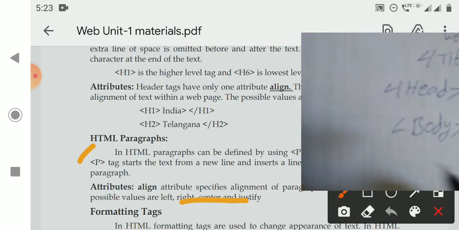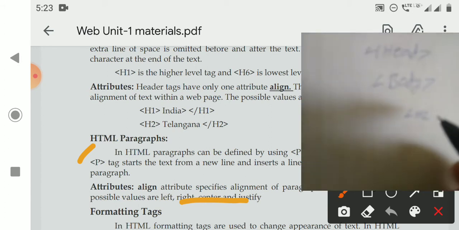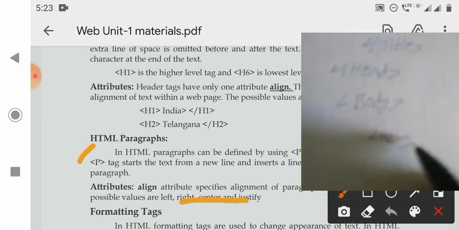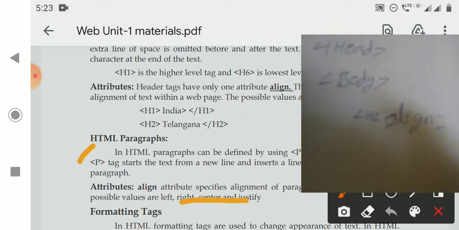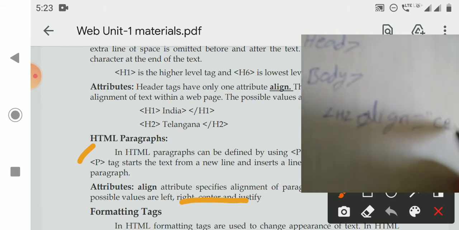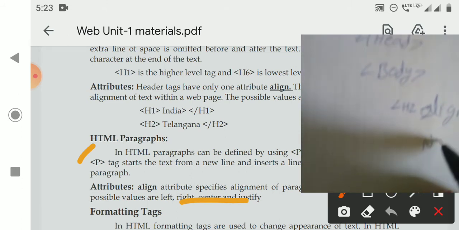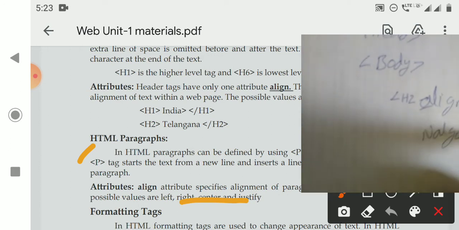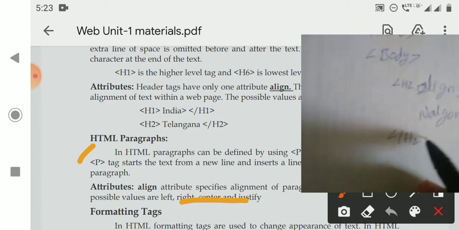body tag start. Now, for example, I am displaying Nalgonda in bold, sir, H2, align is equal to center. Now Nalgonda will display in the center of the web page. Now closing the H2 tag.